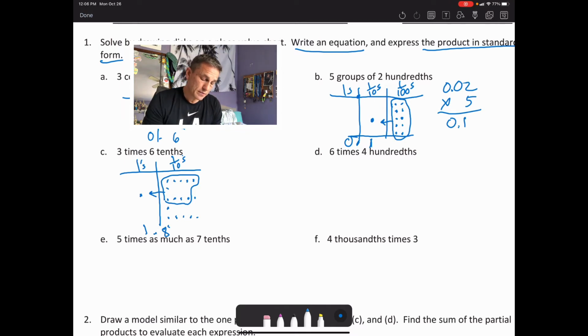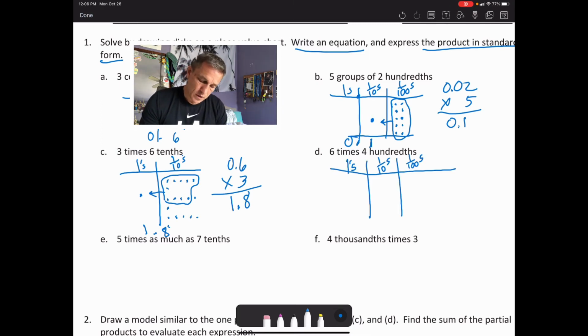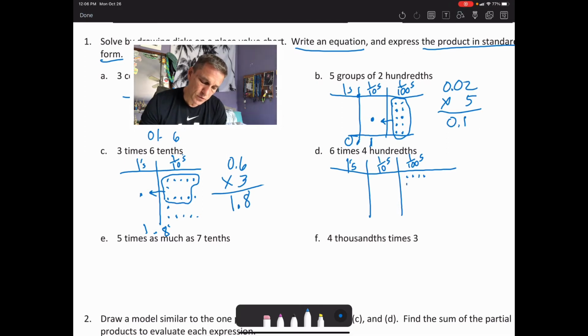Write the equation for that. We have 6/10 times 3 is 1 and 8 tenths. All right, and the next one we have 6 times 4/100ths. We're going to go 1, 2, 3, 4 hundredths once. 1, 2, 3, 4 hundredths twice. 5 times. 6 times. I have a total of